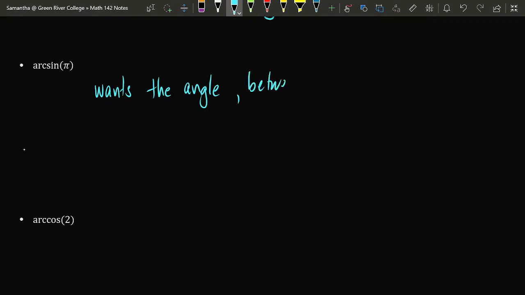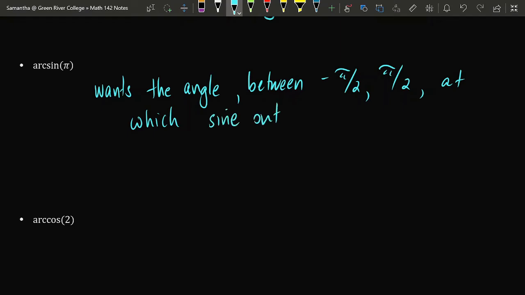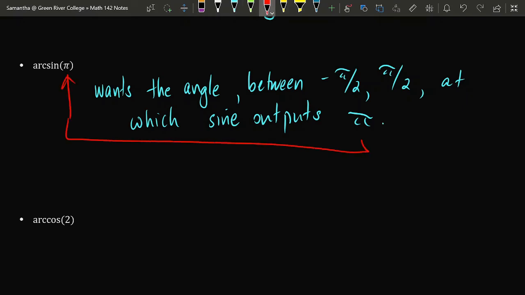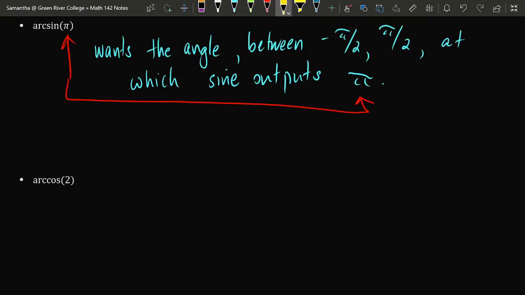For arcsine, the angle has to be between -pi over 2 and pi over 2, at which sine outputs, in this case, the value of pi, which is being plugged into arcsine. So here's the issue though. Sine cannot ever output pi,